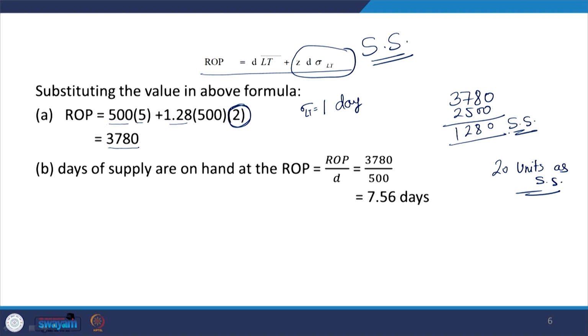So, by improving the performance of your supplier with respect to reducing the variability in the lead time, you can reduce your safety stock drastically. So, we should focus more on reliable suppliers, so that you have minimum lead time fluctuations, because lead time fluctuations can cause very high value of safety stock. So, with the help of these two examples, now we are able to understand very clearly that safety stock increases with a very fast rate if there are more fluctuations in the lead time.